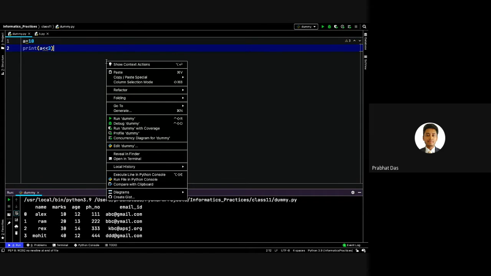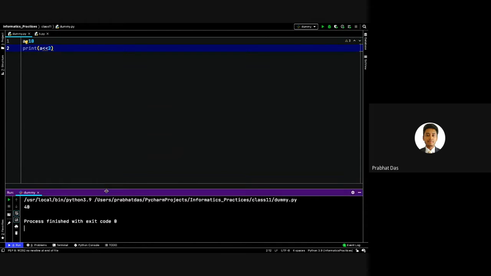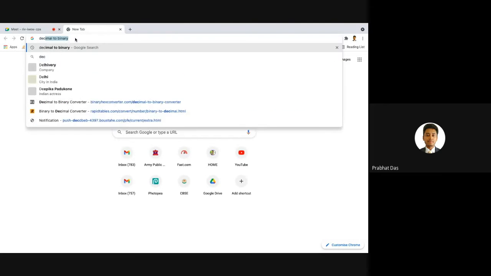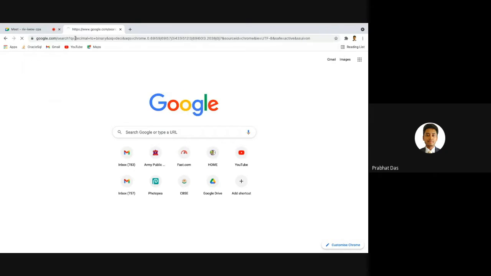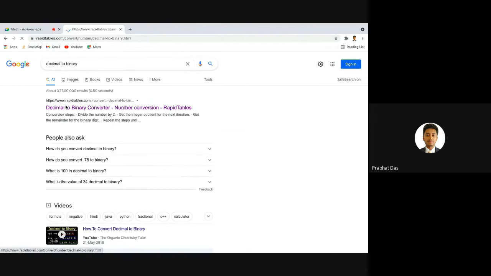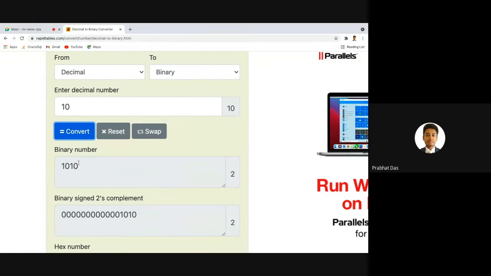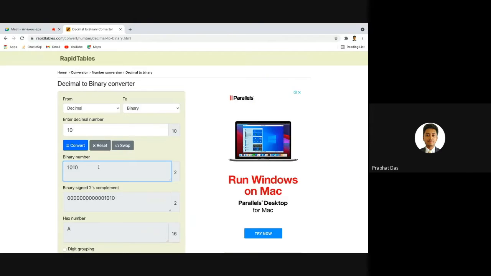The moment I execute the code, you can see that I get the value 40. So why are we getting 40? Let us try to understand. If I have the decimal value 10 and I convert it to a binary value, I get 1010.